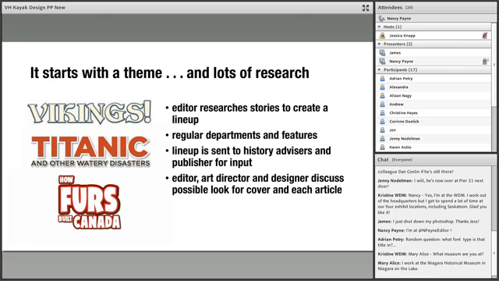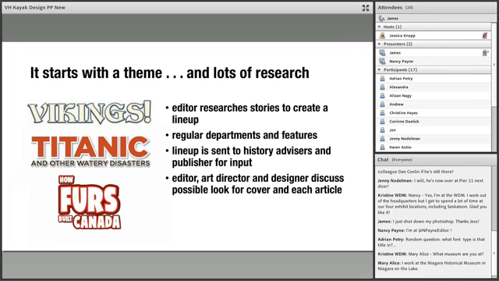I try to work a couple of years out coming up with this broad overarching range of themes, and then fill in each one. It usually starts with something I've been reading about and I'm thinking, that's cool. There's enough there to sustain a whole issue. So doing the preliminary research, coming up with a lineup that includes, and again, if you're familiar with the magazine, you'll know that we have feature items. We have a fiction story, a comic, something called Backyard History, which is places kids can go to visit to learn more about that issue's theme, games and puzzles, and a variety of things